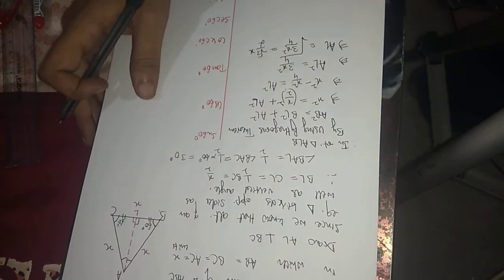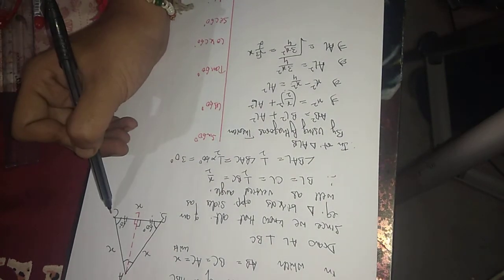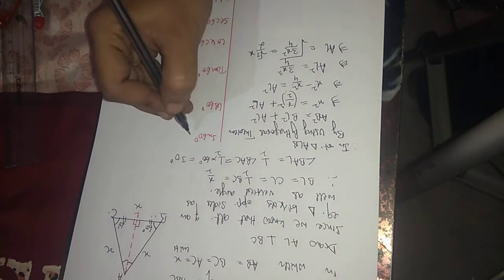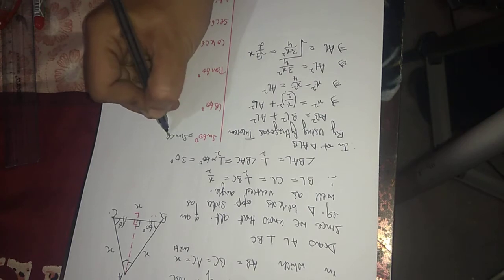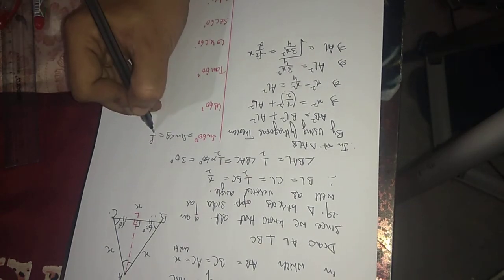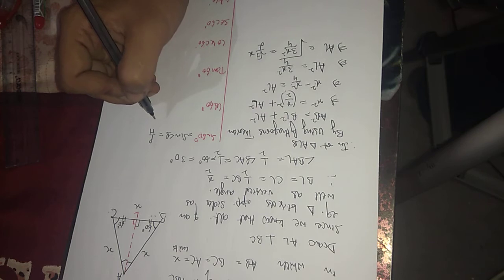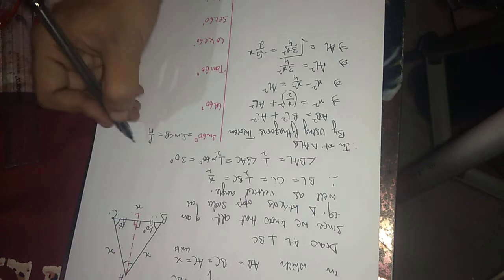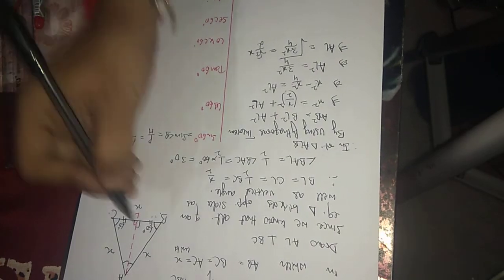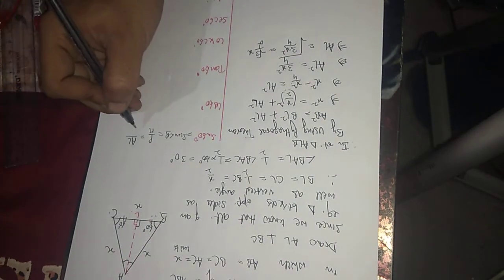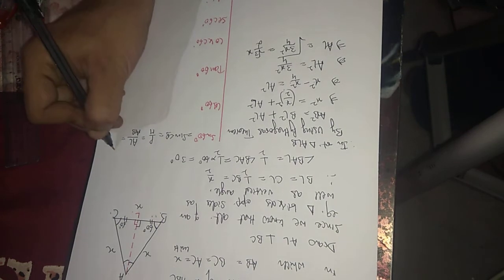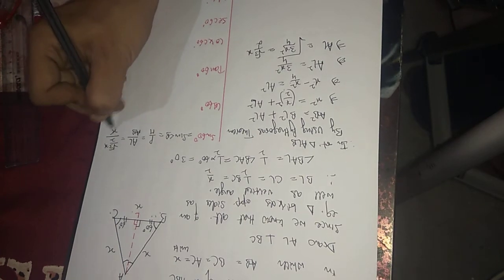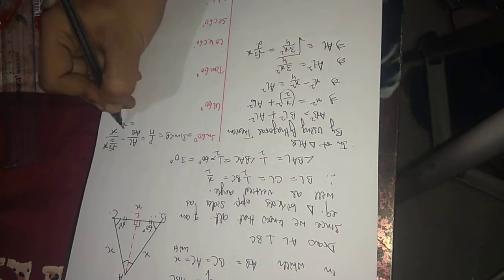Since 60 is angle B, and angle C in the figure, we can take any value, either angle A or angle C. We are taking here angle B in place of 60. So sine of angle B, perpendicular upon hypotenuse. As we know, sine is P upon H. For angle B, what is perpendicular? Perpendicular is AL. The side opposite to the angle is always perpendicular. And what is hypotenuse here? AB. So it is under root 3 upon 2 x upon AB is x. X gets cancelled out. It is root 3 by 2.